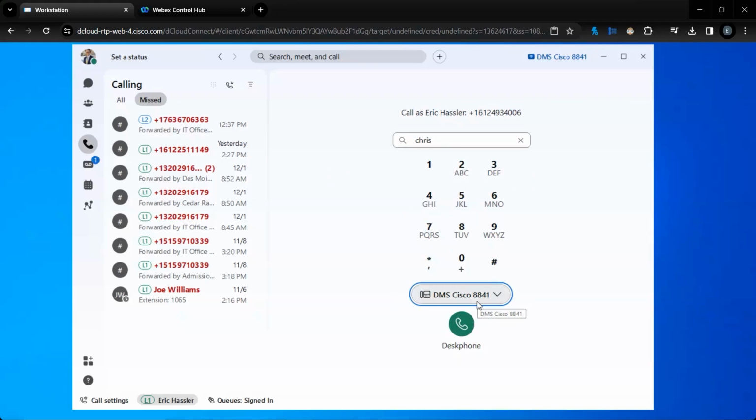When I go to make a call out, it's going to call my phone, I answer it, and call the other person. So now I can have my physical phone still be the path for all of my audio, still have a crooked neck holding the phone on my shoulder, but do all of the call control right on the desktop, meaning I can put that call on hold. I can transfer that and have that visibility of others in the organization while still utilizing the audio from my physical phone.